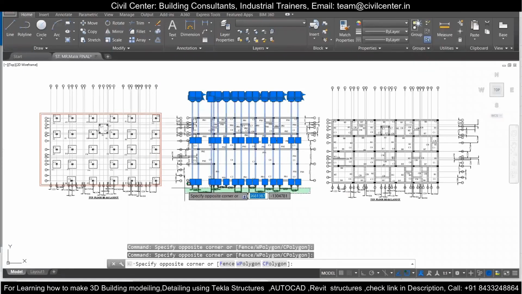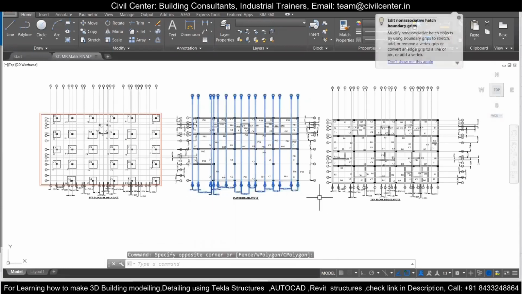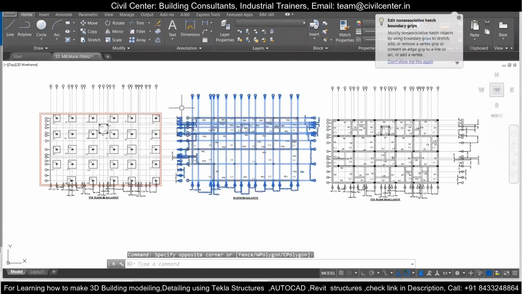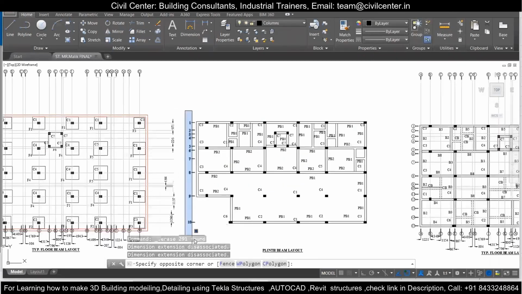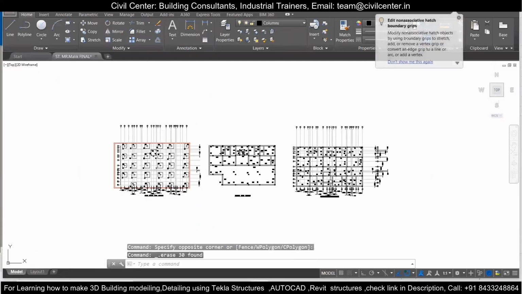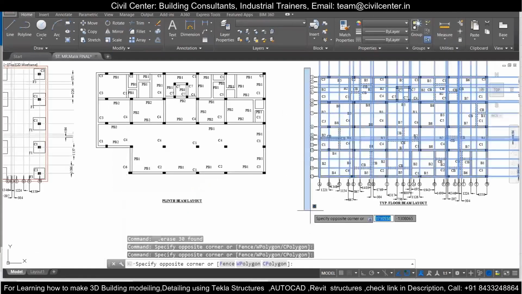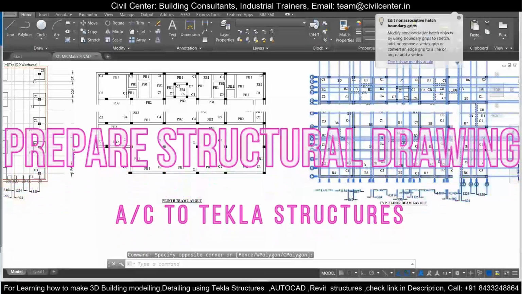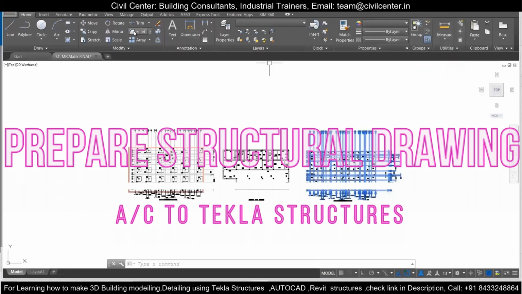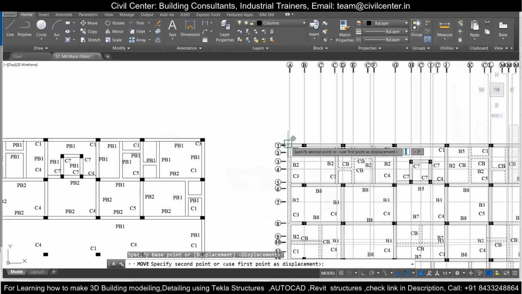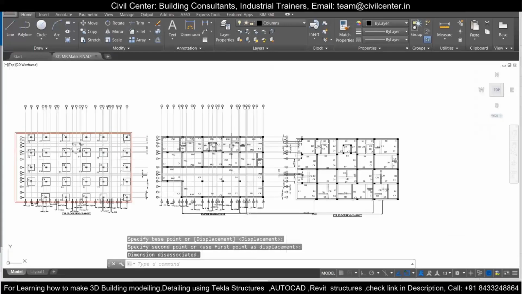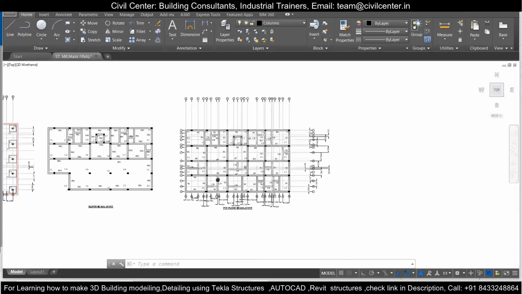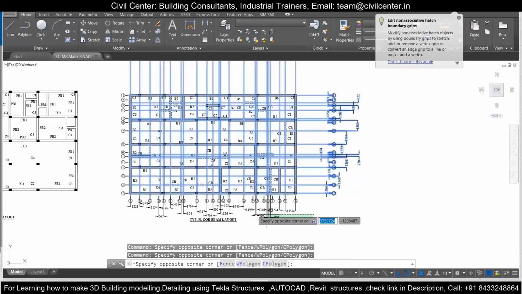Now, since I have to modify the plinth beams, I have to bring the center lines that were used in the roof beam. In Tekla Structures we have used these center lines, so I will just select all the center lines and copy them to this plinth beam layout so that I don't have to mess up with the grids. This is the second thing that we are going to take out of this video. Then the third point is that I will also guide you how to use the split tool in this video.